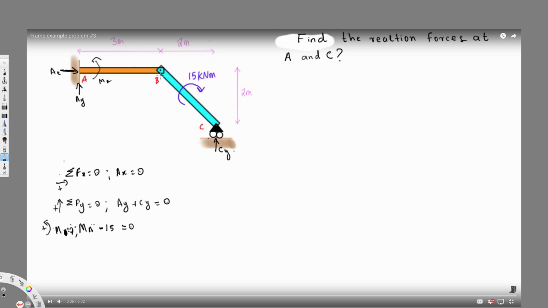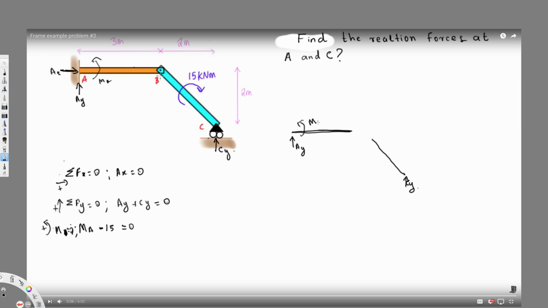Then let's do this problem. First of all, we have two unknown variables, Ay and Cy. So in this case, I can separate these two frames like this. If I take this line here, it's going to be like this, and here. First of all, we know there's a Cy acting on it, and here we have Cy acting on it. Here we have Ay,